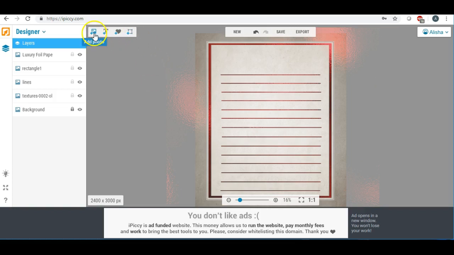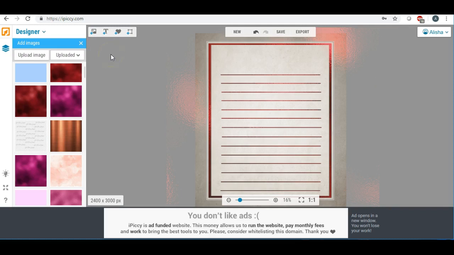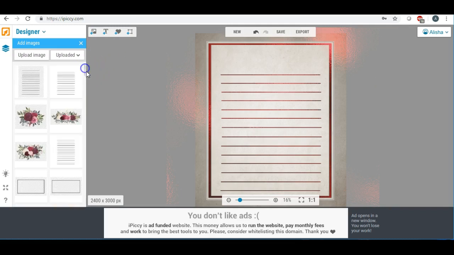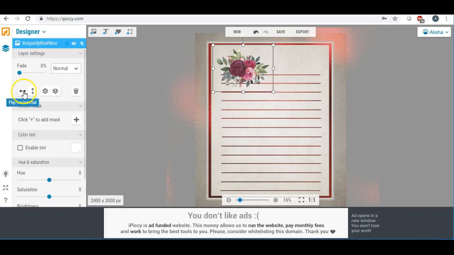So now I'm going to add some flowers, like watercolor flowers, and I think I'm going to start with this one. And when you are working with an image like this, I need to flip this the other way around because I'm going to put it up here in this corner. And it's okay if it's hanging off a little bit because